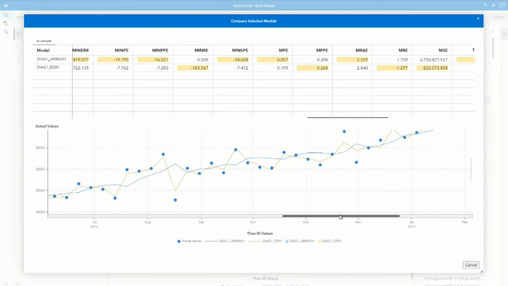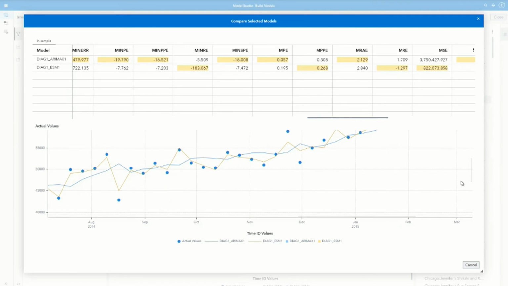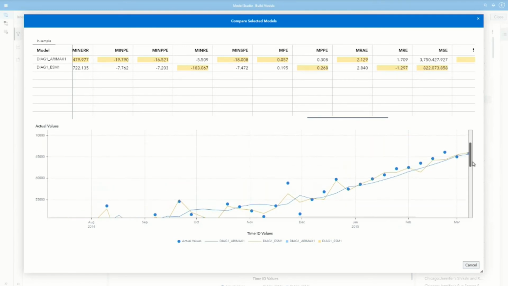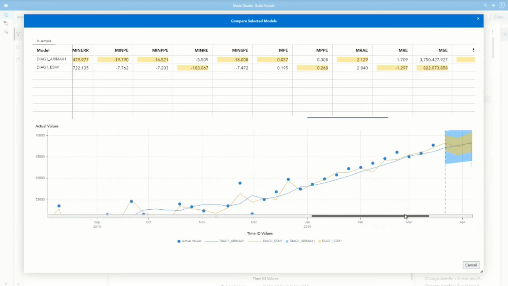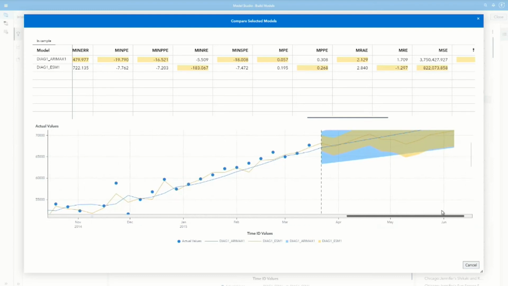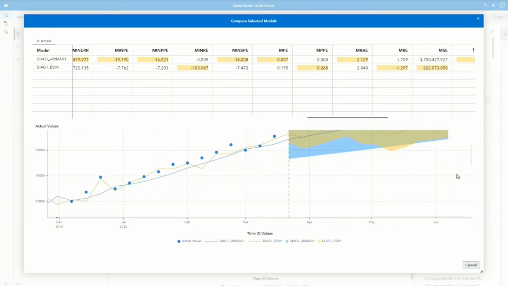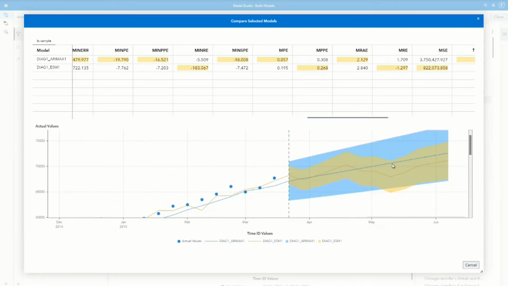And then I have scroll bars where I can scroll both horizontally and vertically and see how the model works over the historical range. And then as I move into the forecast range, I can also see how the different models perform, the shape of the forecast, along with the confidence bands around each of those.